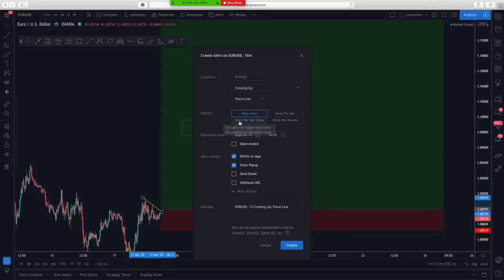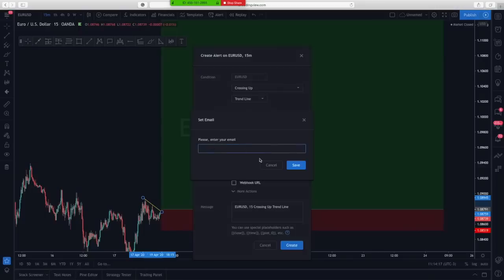What this means is that when it does break this trend line, and a candlestick closes above this trend line that I have here, it's going to alert me. I'll just leave those alert actions. It can notify me on the app. I've got the TradingView app, so it will send me a normal notification telling me that it did cross and close above, so I can either place my buy manually, or if I have a buy stop, I can just go and see how it closed. It can also send me an email too.